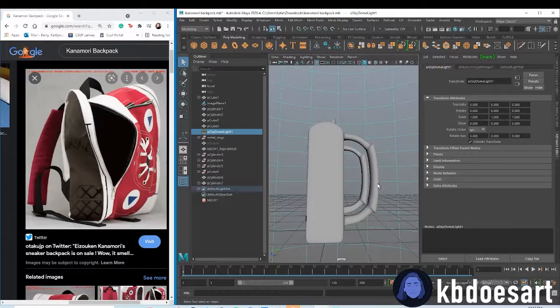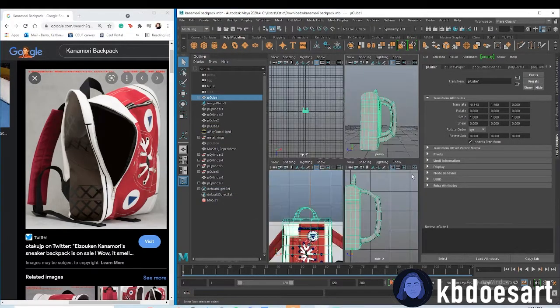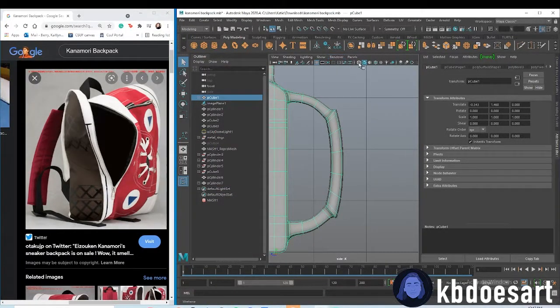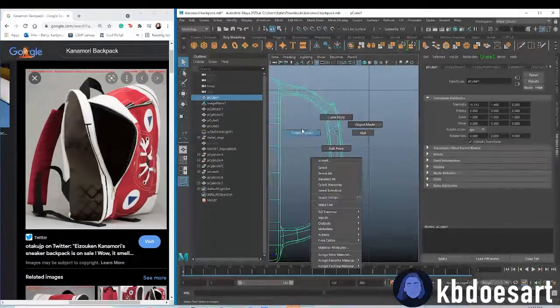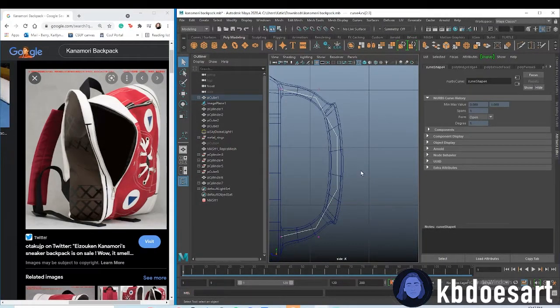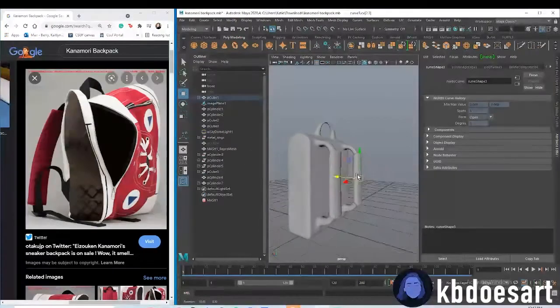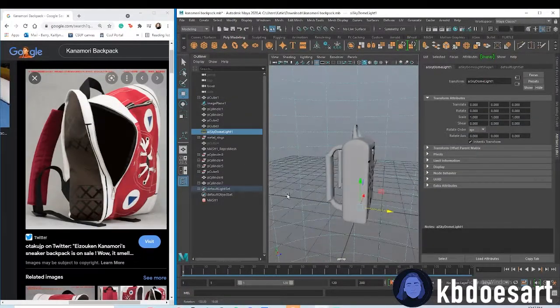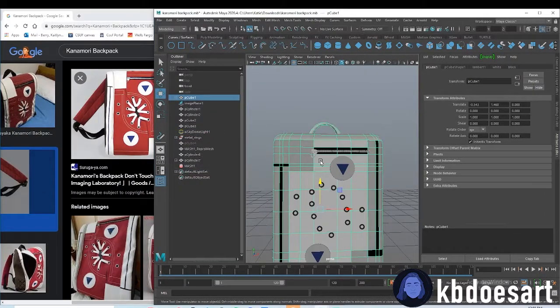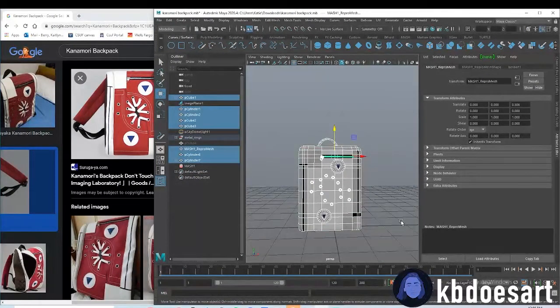How fun. Also, if they're too far out for you, remember you can just find that curve, select them, push W and just move them on in. And then you can do the same thing on this one. Just push them on in. Yep. Okay, so let's tackle the issue of